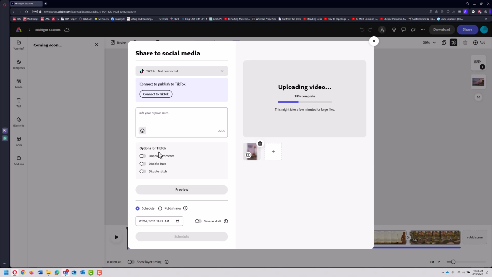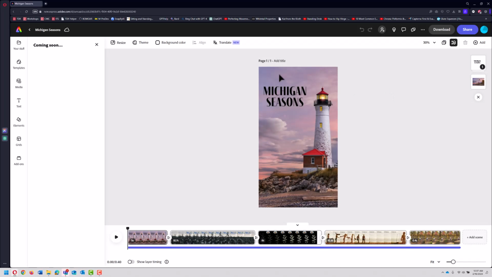And specifically for TikTok, you can choose from here to disable comments. For your video, you can disable duet and disable stitch. Depends on what your preferences are and what you need. When your video has completed processing, you can preview what it's going to look like when it is posted to your social media. Just click on the play button to preview that video. And you might not hear it right now, but I'm actually able to hear my audio now. And that's it. I'm going to close the share panel, and then I'm going to click on the Adobe Express